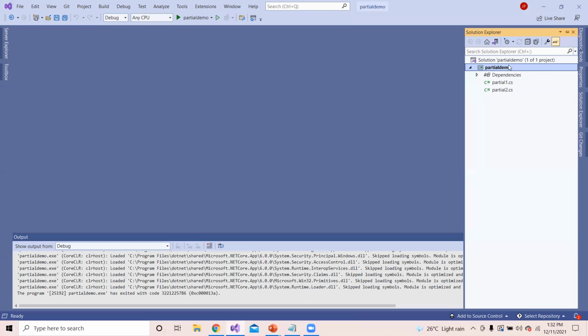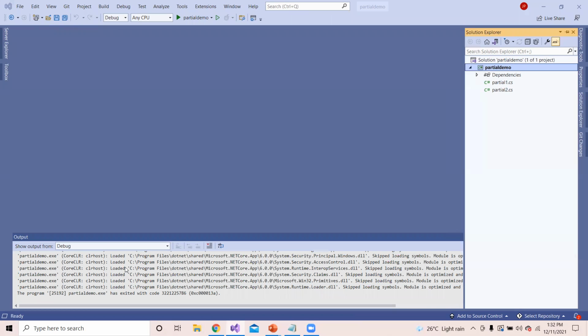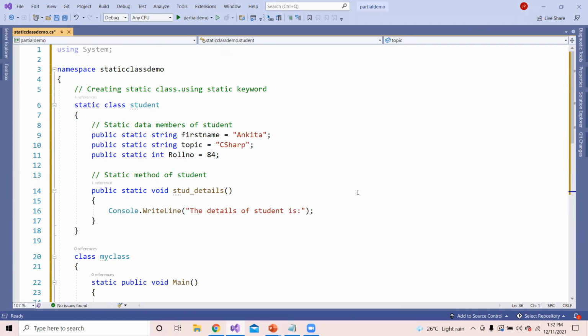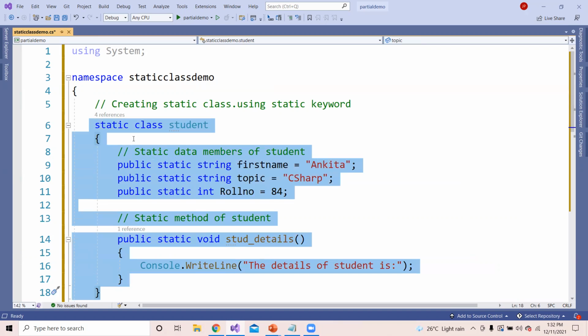So let me add one more new file. This is static class demo. Here in this case, I have got a static class named student, which is a part of the static class demo namespace.